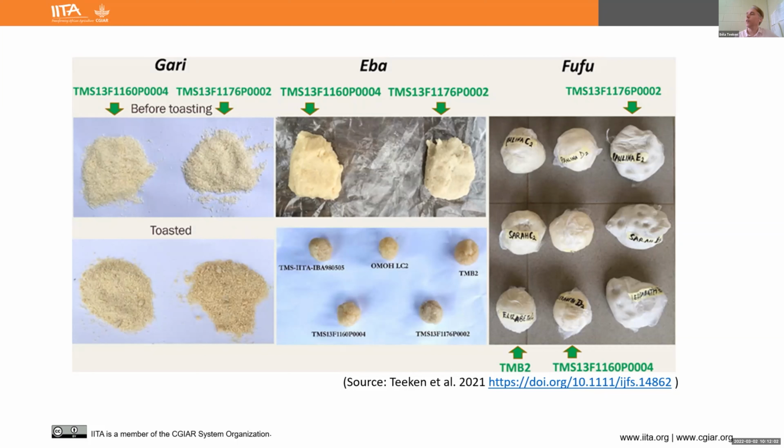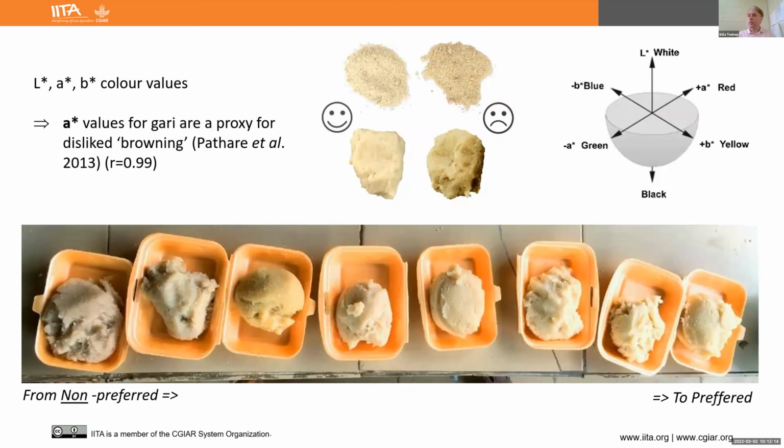You see a darkening or discoloration that was absolutely not liked and was identified as crucial for the sale of the Gari and also for the acceptability among consumers. So we went quite far. We could see that the A spectral value was a proxy to assess the quality of the food products.